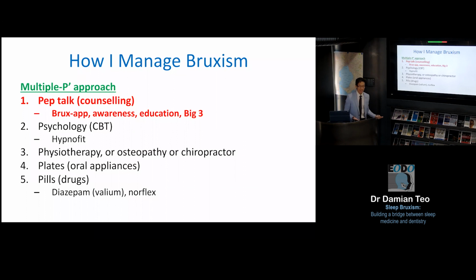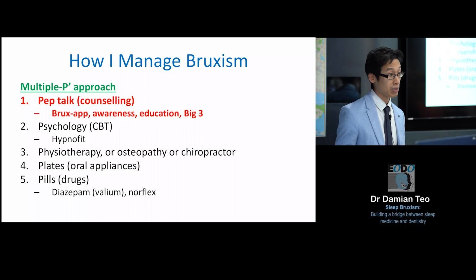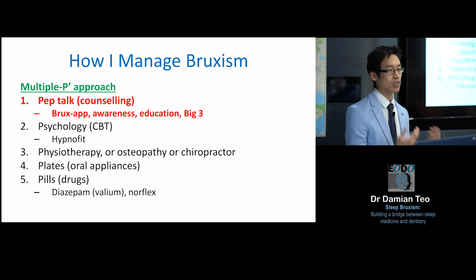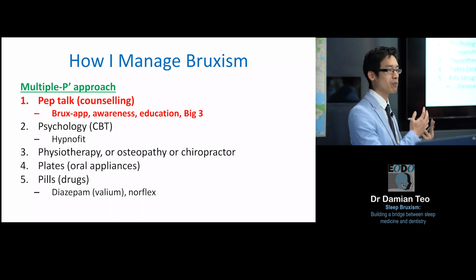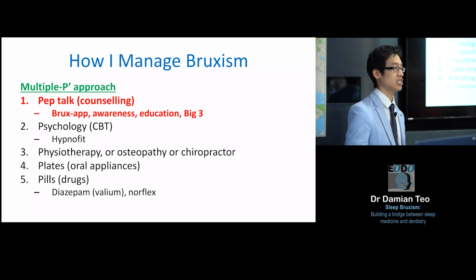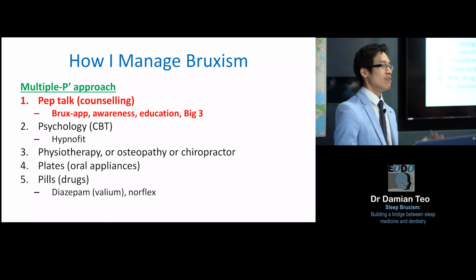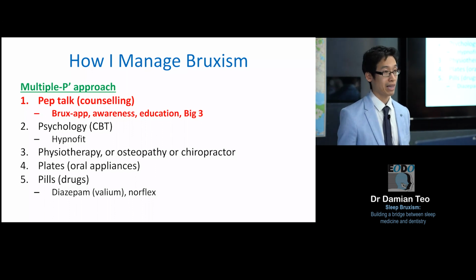So how do I manage bruxism? I follow the triple P approach as well. How I manage bruxism is I do a lot of talking at the start. So my first appointment with everyone, whether it be sleep, TMD, or bruxism consult, always goes for an hour. In that hour, I spend probably 20 minutes or so at the end talking about what's going on for them, educating them about their condition, and especially if there's bruxism going on, I start teaching them about what's going on with bruxism. That's already the pep talk, just going through my treatment plan and educating them about what bruxism, TMD,